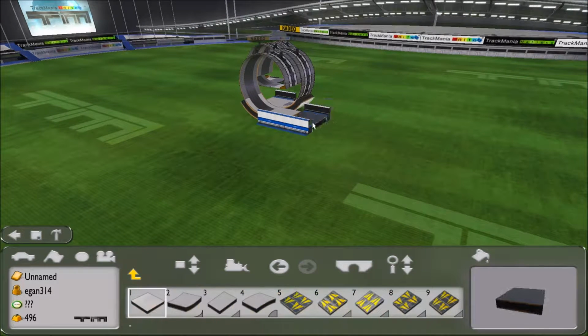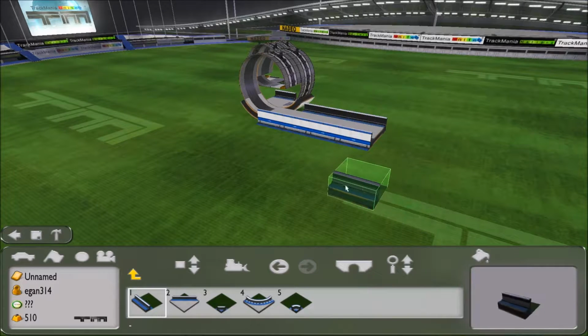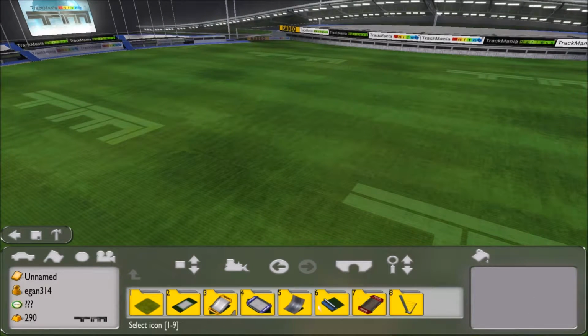So you have to use folder 2 if you want to make a decent track in terms of going to loops. And then these little aesthetics make it so people can't run off the edge and make it look cooler as well. Next thing to go over would probably be...